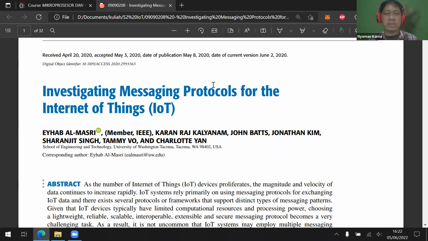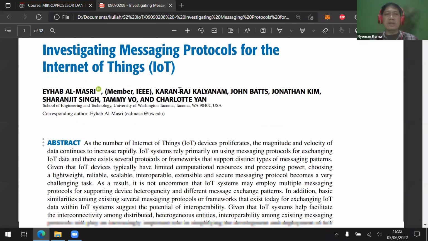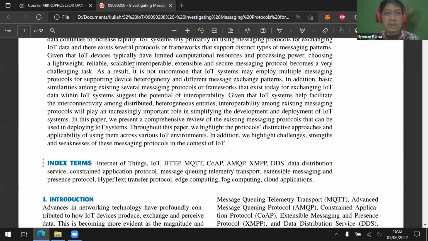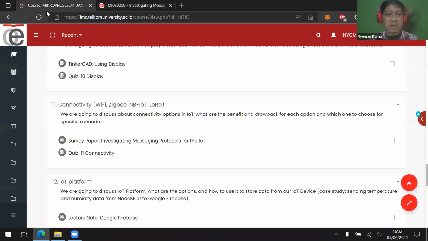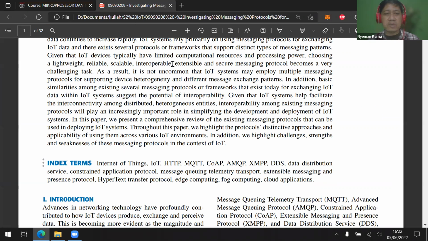However, this survey paper only reviews the most used messaging protocols. You can download the survey paper from the LMS from here. Just click and then download it.